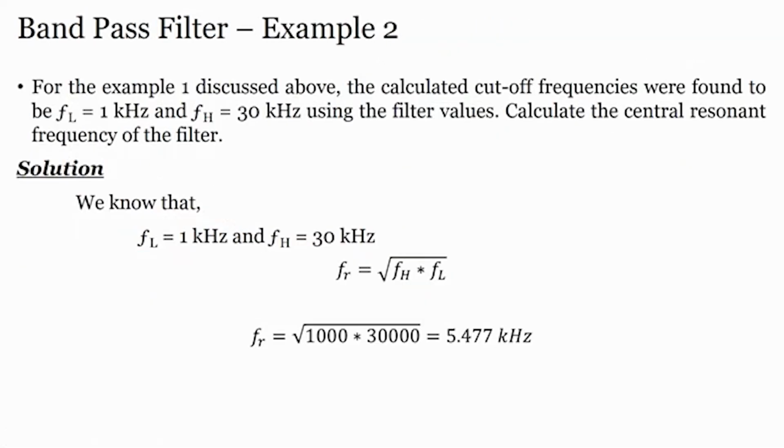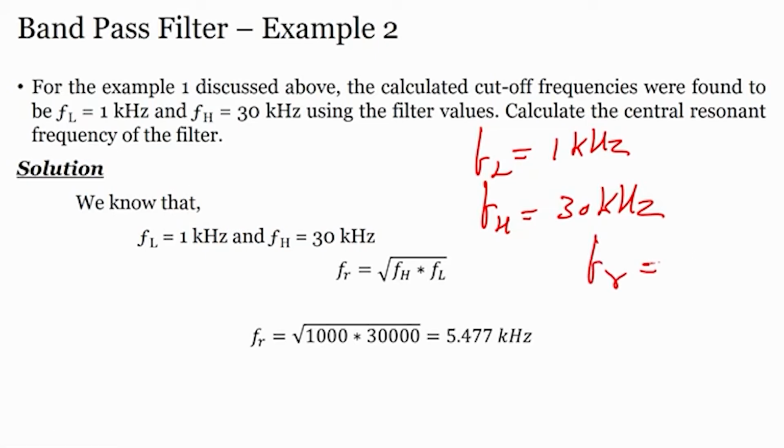So, if I take an example, the calculated cutoff frequency was found to be FL equals 1 kilohertz, FH equals 30 kilohertz. Calculate the central resonant frequency Fr. We already know the formula for Fr is the square root of Fh into Fl. If I substitute the values, Fl is 1 kilohertz, so 1000 hertz, Fh is 30 kilohertz, so 30,000 hertz, then I have my resonant frequency or central frequency as